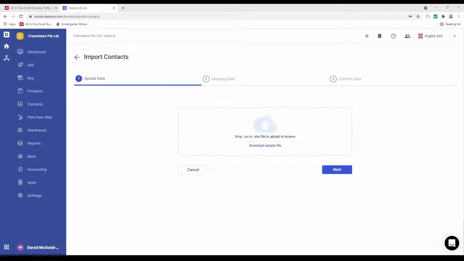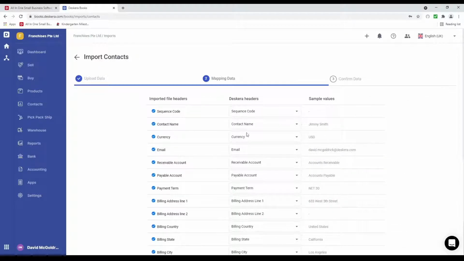Inside here, we're just going to drag and drop the file into here. If you want to, you can also click Browse, select the file, and click Open, and it'll also appear here. So if you have your own template as well, just drag and drop it into here as well. Click Next. And if you have your own template and certain fields are not matching, you can click here and